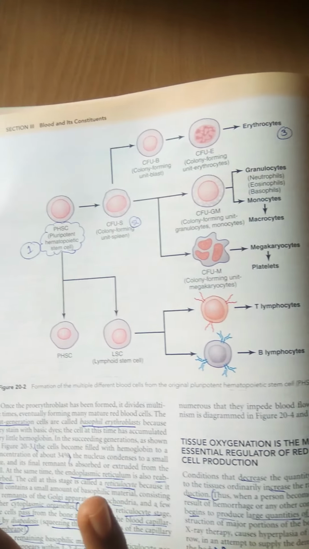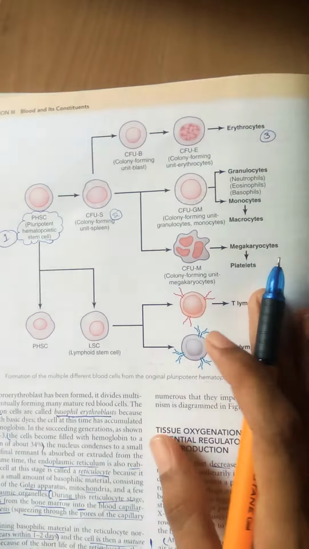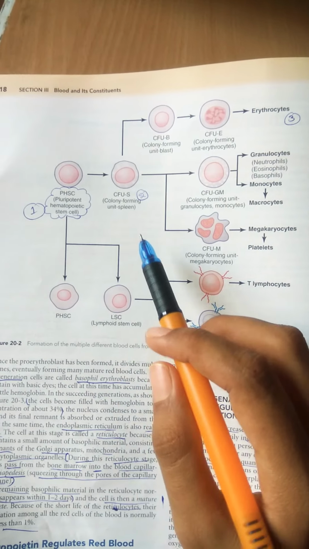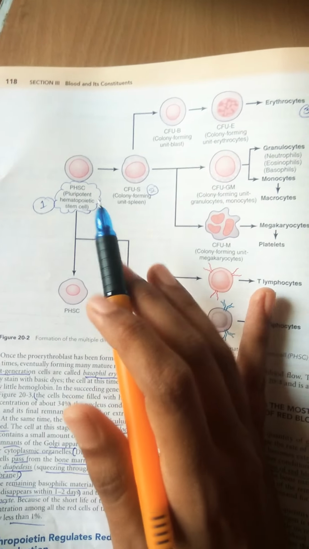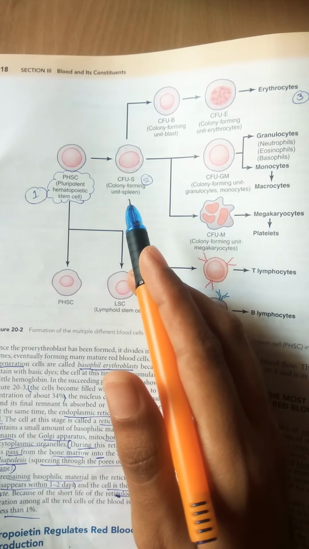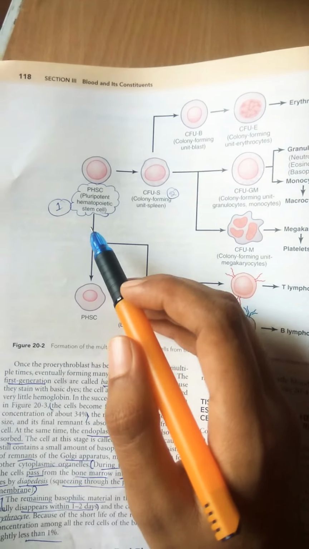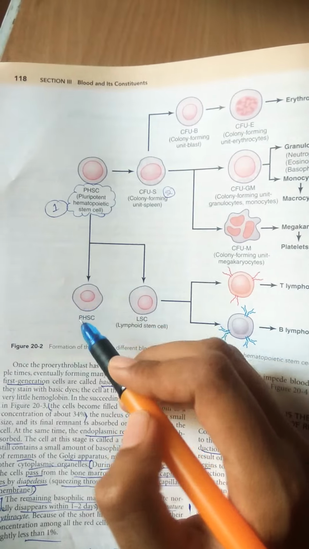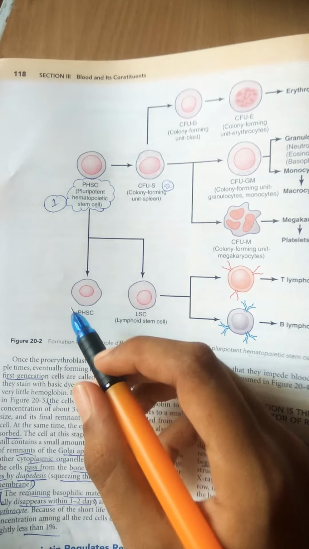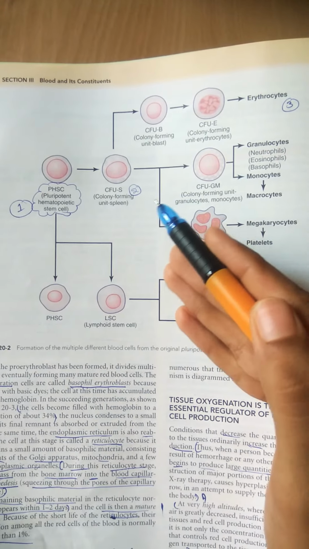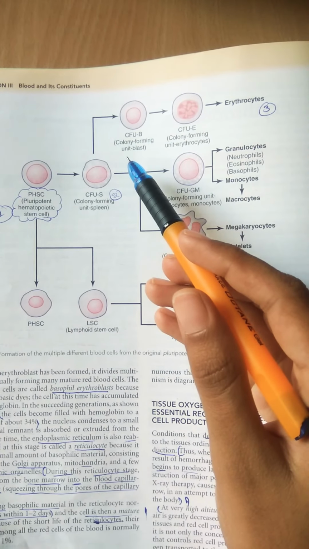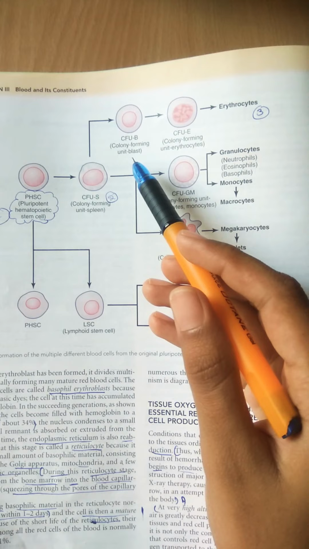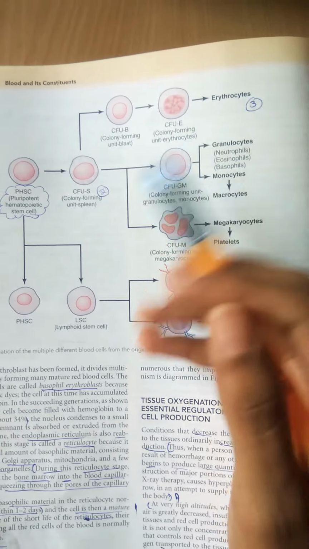So this is a complete chart overview to understand the hematopoiesis process very clearly. You can see this is pluripotent, as we have discussed, pluripotent next into multipotent. So these multipotent cells are also called colony forming units. First you can see the pluripotent hematopoietic stem cell, it is converting into lymphoid stem cell and myeloid stem cell, and these are also separating into colony forming units. This colony forming unit is for B, here written as blast, here erythrocytes, which form erythrocytes.